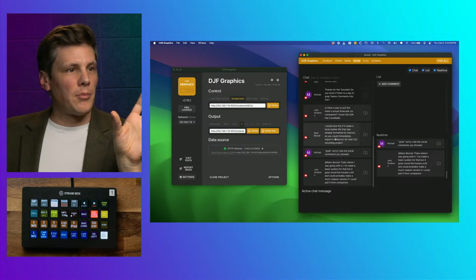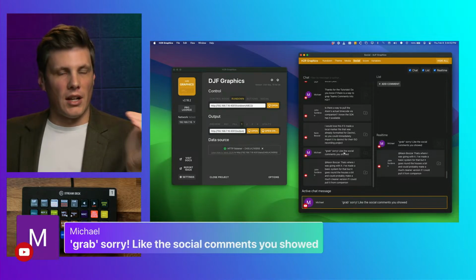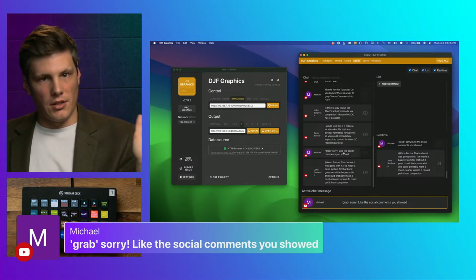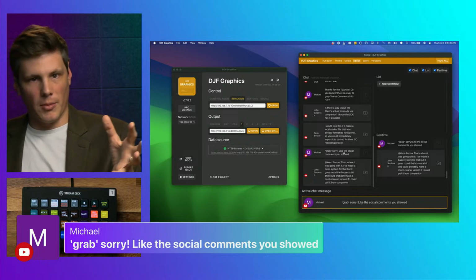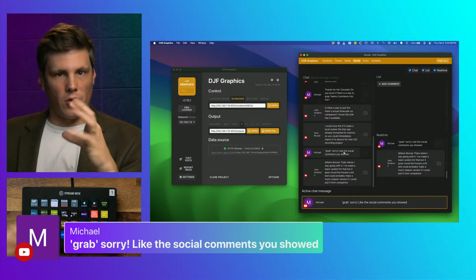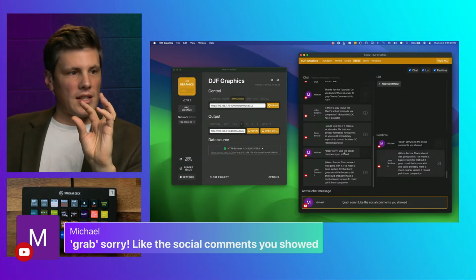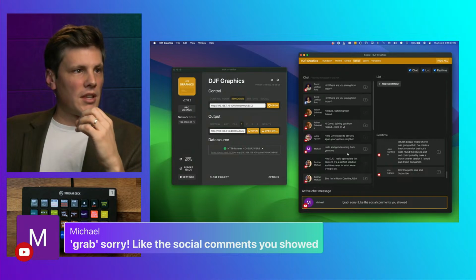This is where I'm bringing the comments onto screen. So when I click that, that is actually bringing the comment on, and then the ATEM's doing a chroma key cutout. So that's that end. And then you can see,